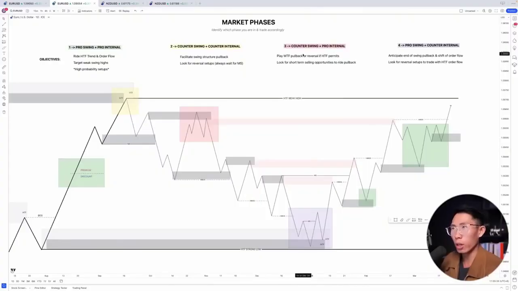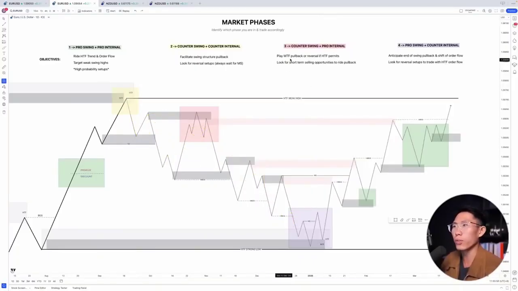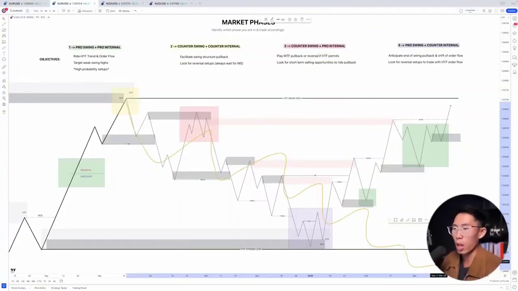so that is when we can move on to phase 3. Phase 3 is when you want to look for short-term selling opportunity to ride the pullback, because right now we know that price is turning bearish to facilitate the pullback, so we can capitalize on this fact and look for sell positions at all these highs right here, all these lower highs being formed right here. So your objective for this phase is to just play that pullback, right? Or like I said, if the higher time frame permits, this can even be a reversal, and price could just go down and crash all the way down,